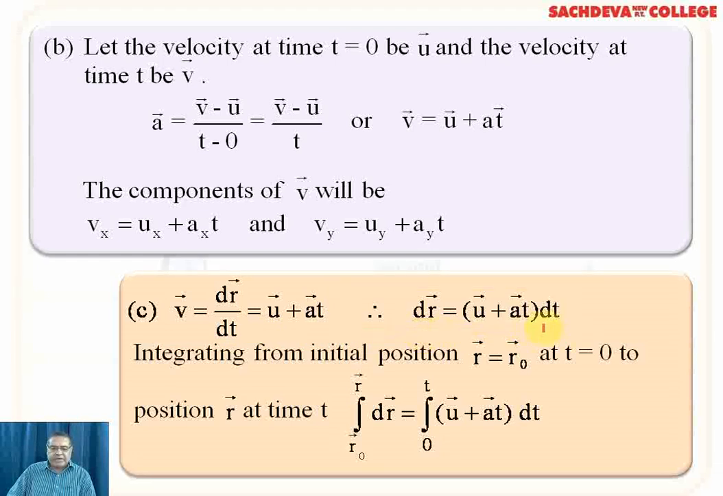Now we integrate this function dr from the limits r0 to r, and the initial position is r is equal to r0 at t is equal to 0. When we say t is equal to 0, the body is not moving, it is at rest. So, the position vector r at time t will be, that is, integrate the function dr from r0 to r. And dr is equal to how much? u plus at into dt. So, integration of dr from limit r0 to r can be written as integration from 0 to t of u plus at